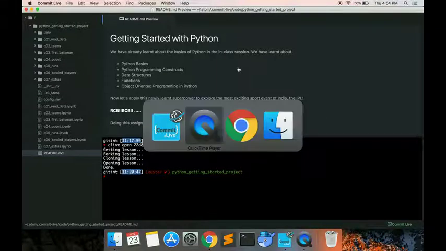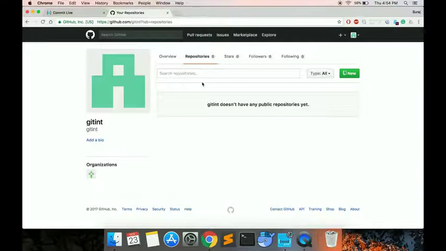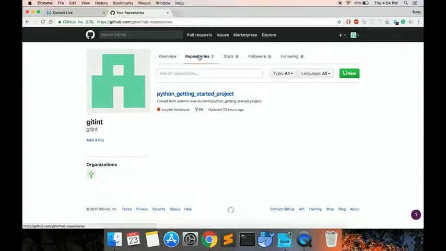Let's give an example for that. So, previously we saw that there are no projects cloned in his GitHub account. Now, after running the clive open command, that particular project, Python Getting Started, is forked into his account. So now he can showcase this particular project to whoever he wants to and also revisit it later on.